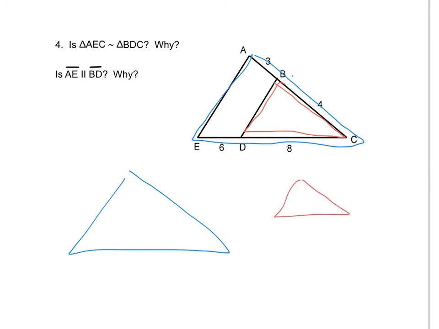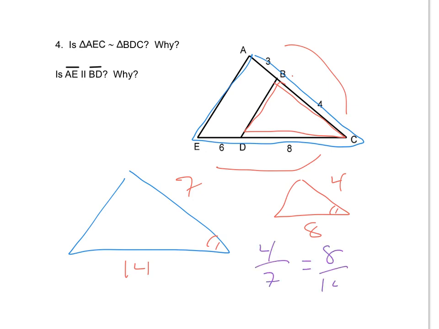Okay, let's label our sides. First of all, we know that this angle is congruent to this angle because it's the same angle. It's angle C. This long side has a length of 7 up here because it's 3 plus 4. And the bottom side has a length of 14. In this triangle, we have 4 and we have 8. So the question now is, is 4 to 7 equal to 8 to 14? The answer is yes. So therefore, these two triangles are similar by SAS similarity,